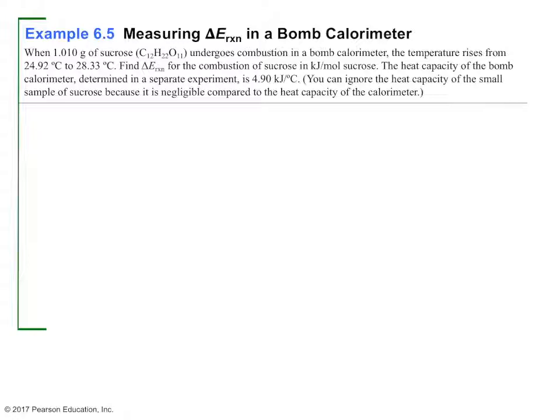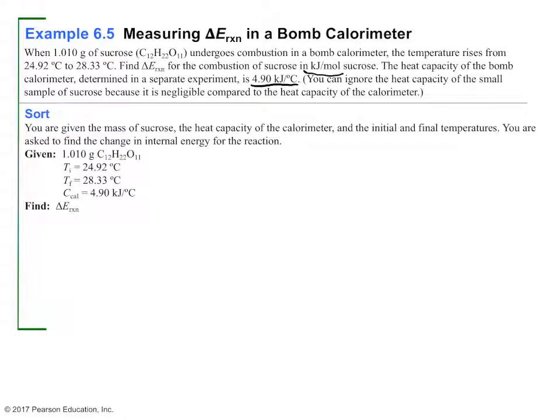Find the change in energy of the reaction for the combustion of sucrose in kilojoules per mole sucrose. The heat capacity of the bomb calorimeter determined by a separate experiment is 4.90 kilojoules per degree Celsius. You can ignore the heat capacity of the small sample of sucrose because it's negligible compared to the heat capacity of the calorimeter. So you're given the mass of the sucrose,